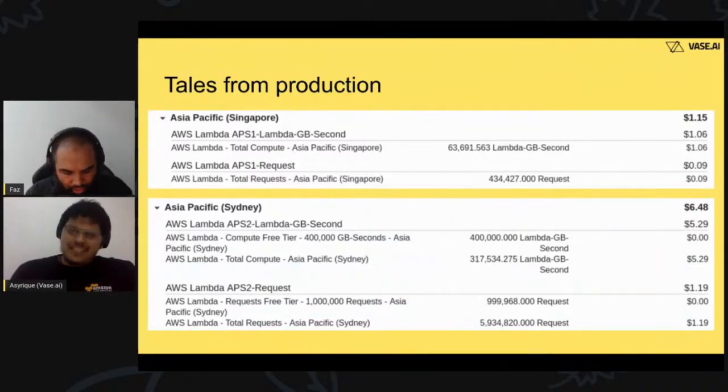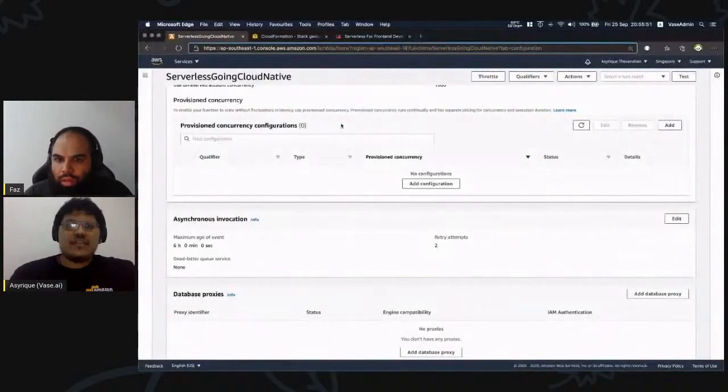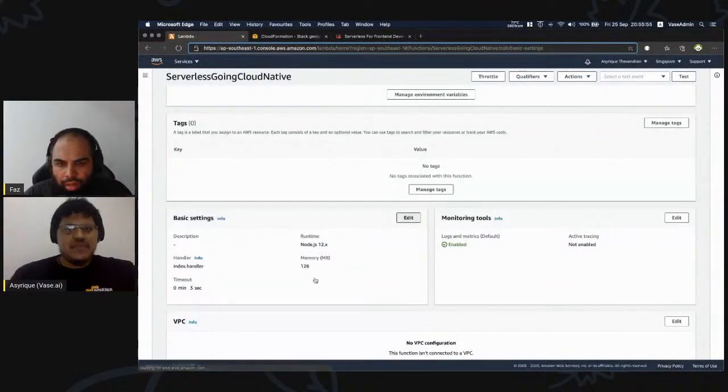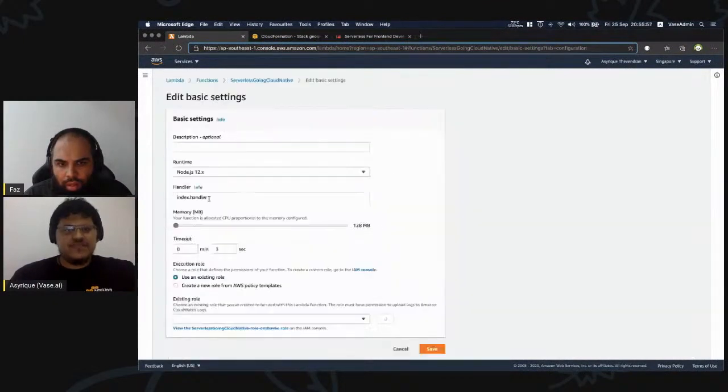So 1 gigabyte second, the gigabyte is the RAM amount, and the second is a second of compute. So 1 gigabyte second is a 1 gigabyte RAM instance running for 1 second. I did not go into that in more detail, but you can actually customize the memory of the instance of the Lambda function that you're running as well.